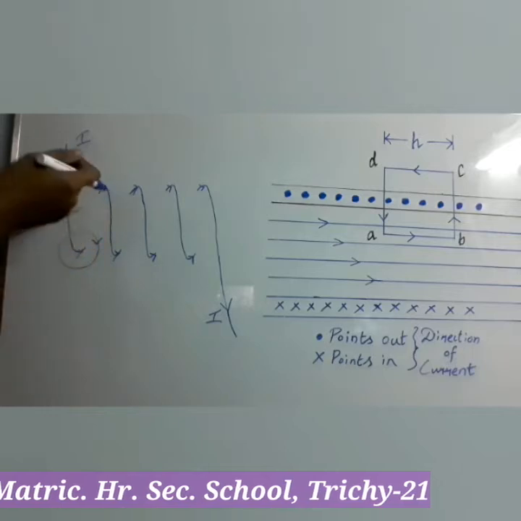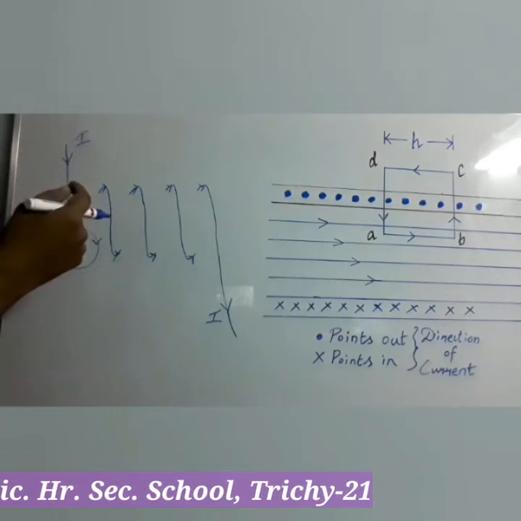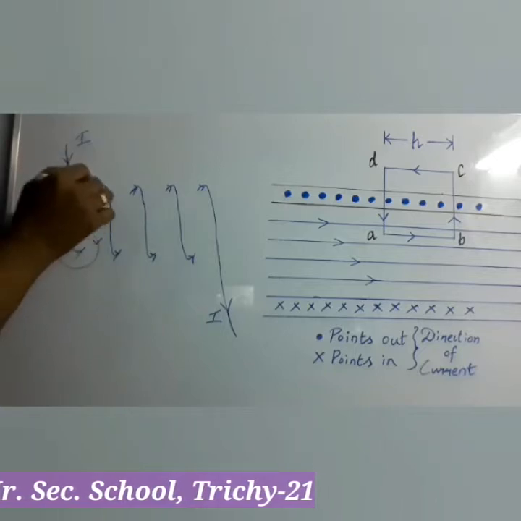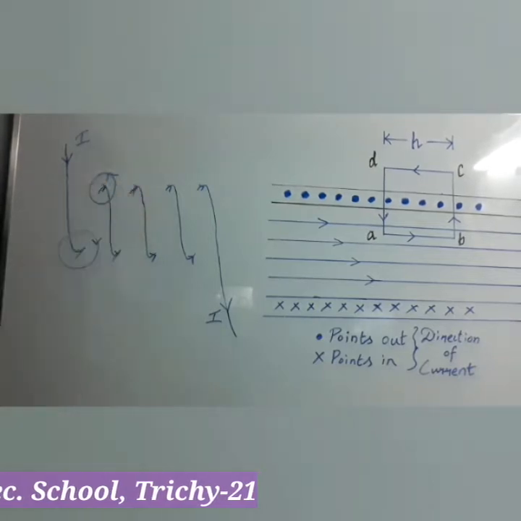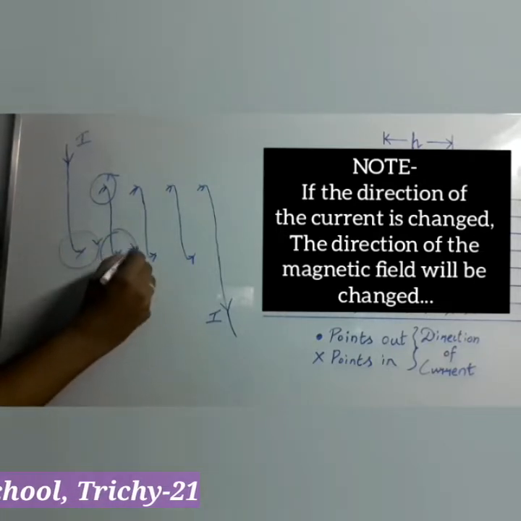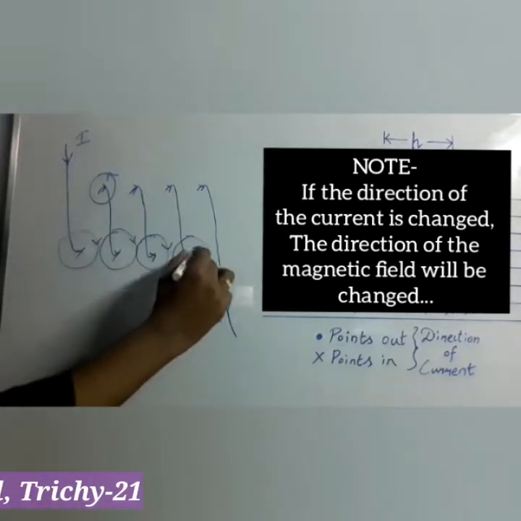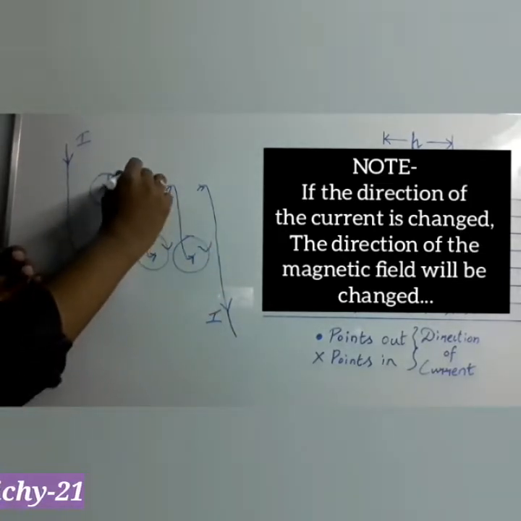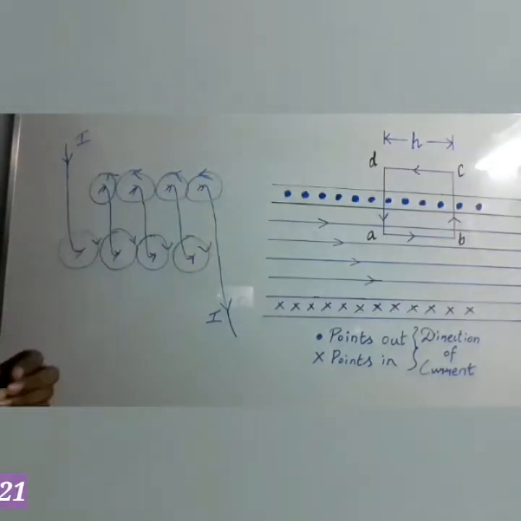Likewise, at the top, current comes outside. In the same direction, the screw also wants to come outside. For that, you have to rotate the screwdriver like this. So what is the direction of rotation? That will be anti-clockwise. For the screw to be taken outside, you have to rotate the screwdriver in an anti-clockwise direction. So at the bottom, all the magnetic fields produced have a clockwise direction, and likewise at the top, the magnetic fields produced have an anti-clockwise direction.